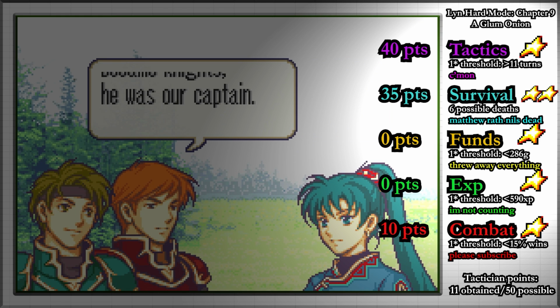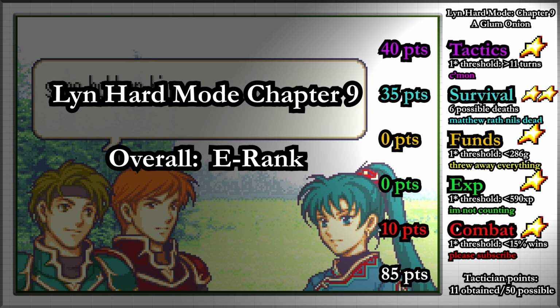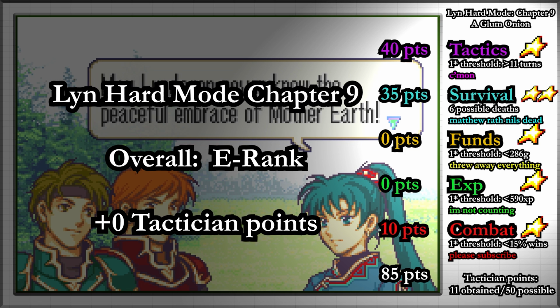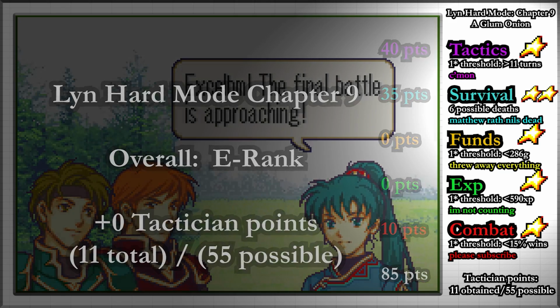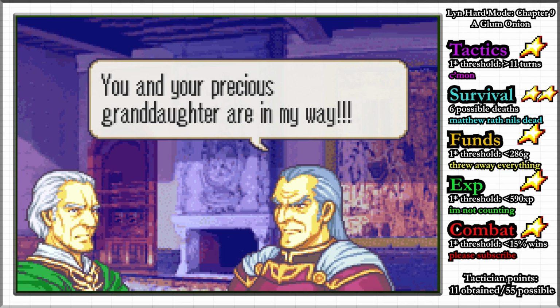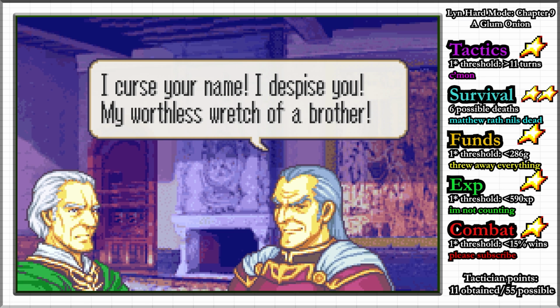1-star combat for a total of 85 points for the lowest possible overall rank of E, giving me 0 tactician points, so my total remains at 11. This time out of a possible 55. As the map closes, Lundgren directly reveals his treachery to his brother Halsin by boasting loudly about how evil he